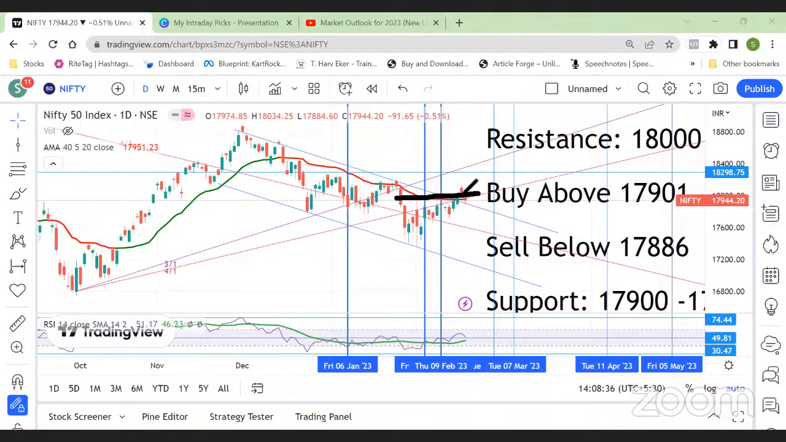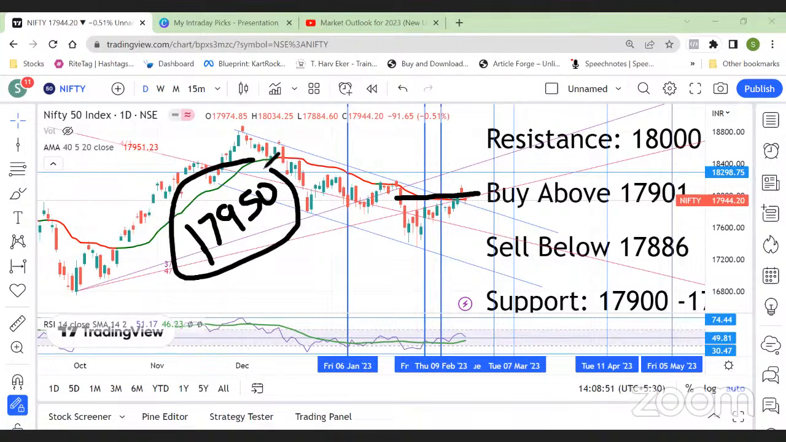We have moved above that, and then there has been some retesting of this level also. The number which is very important for you to note is 17,950. Okay, 950 to 970 is the level. If we can hold above 950, I will consider this as more of a retracement of this breakout, and there is a possibility of moving again